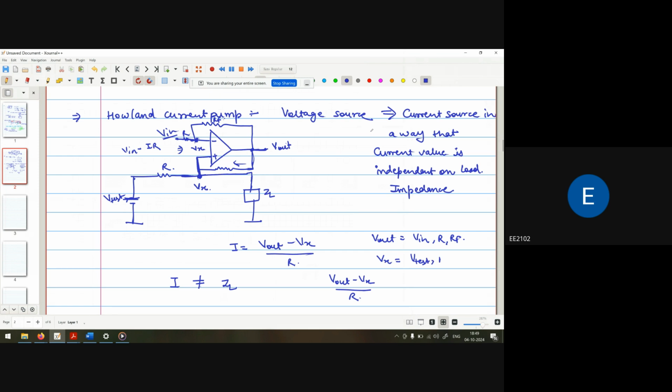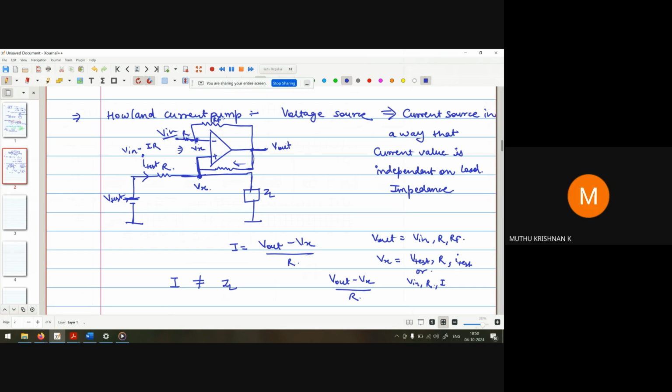V test R or V in R. Clear? Because this voltage and this voltage both are same, so either it is dependent on V in and R, or I can say the V test R or I test. And what is the I test? I test is the current flowing in this direction. Okay,